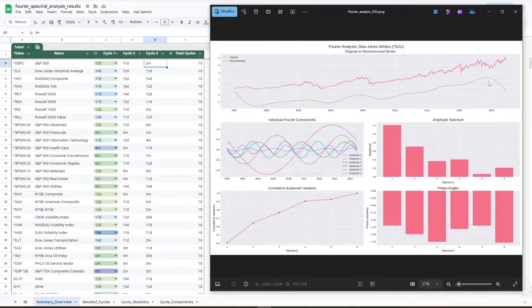It's probably a divergence between the reconstructed Fourier transform and the price action, but it can probably anticipate that there can be a short-term trough in the market, or it may be a longer period market signal that I am not capturing right now. But here, if we look at the individual Fourier components, we see the pink line,